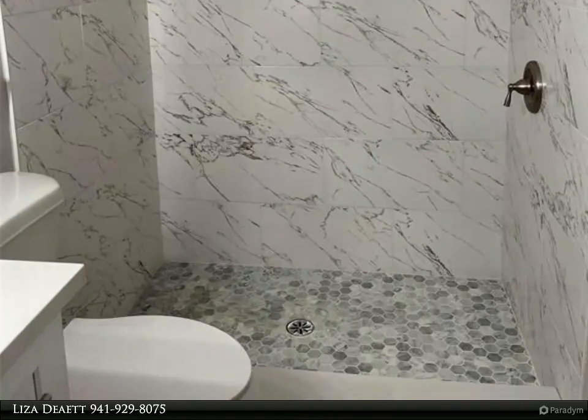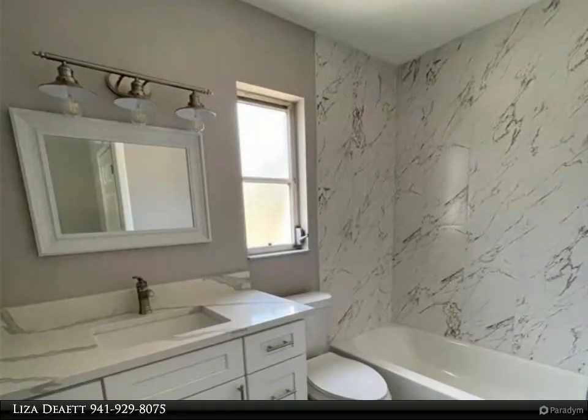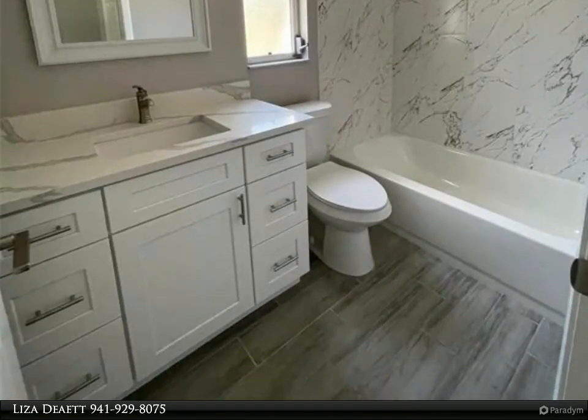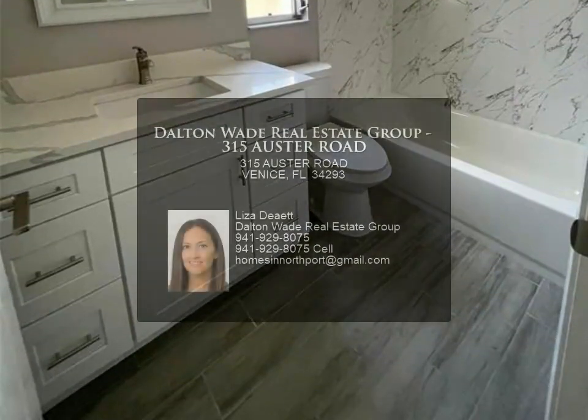This home is located in desirable South Venice, minutes away from the southern tip of Legacy Trail at Shamrock Park and Nature Center, also Venice Beach and Manasota Beach. Lots of options for